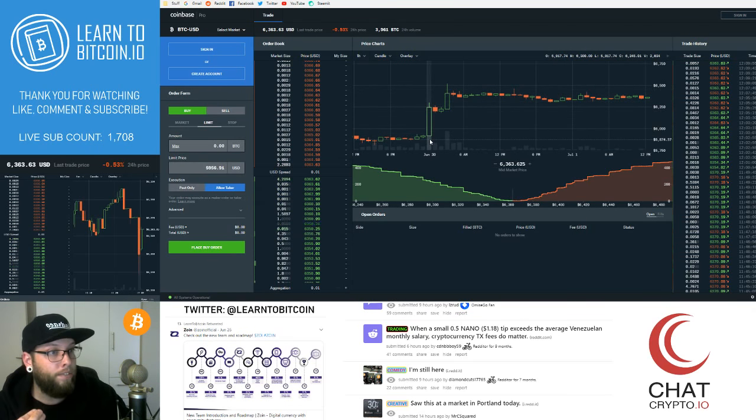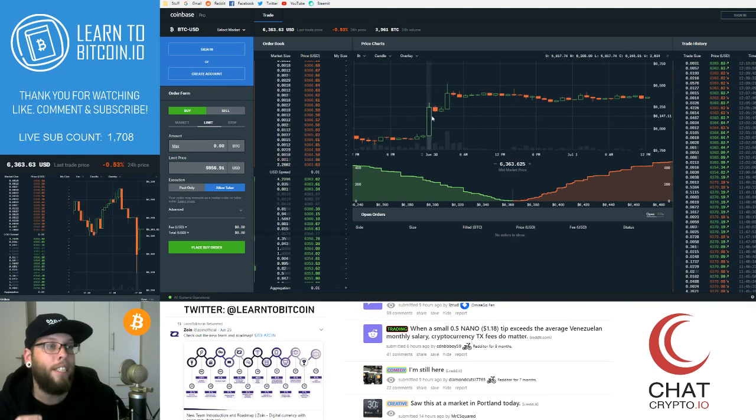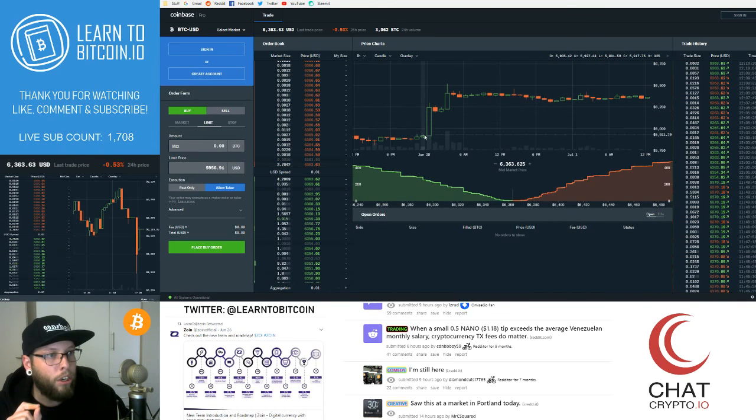So each candle has a body and a wick. Sometimes you'll be able to see the wick, sometimes you won't. That depends on the trading activity of that time. But basically, the solid body of the candle, you can see here, this is the opening price, and the top of the solid body is the closing price. So within this hour, Bitcoin opened at